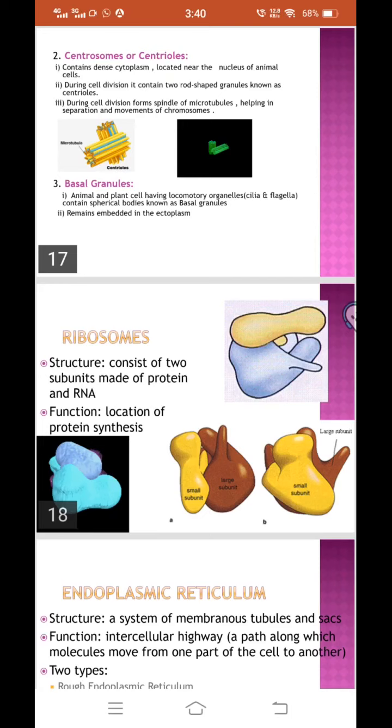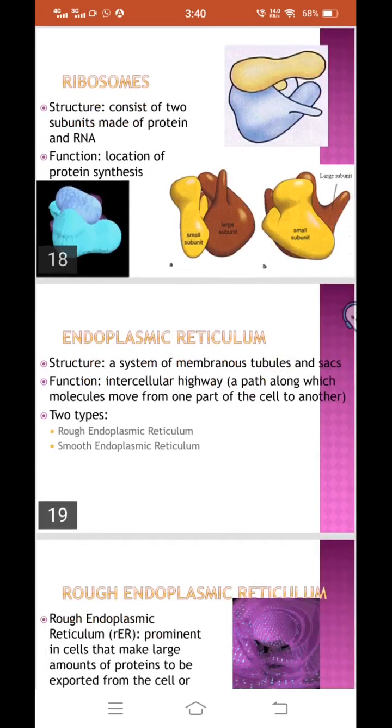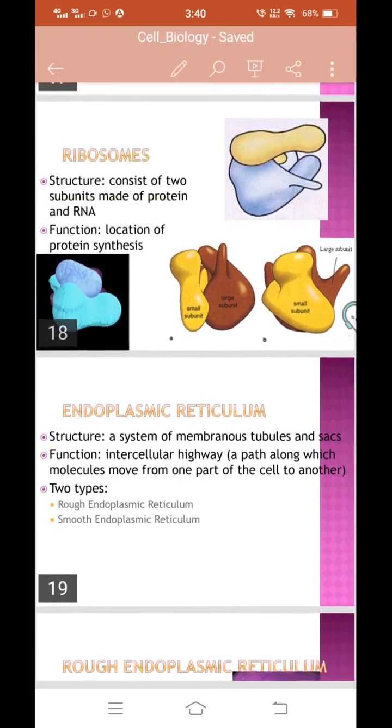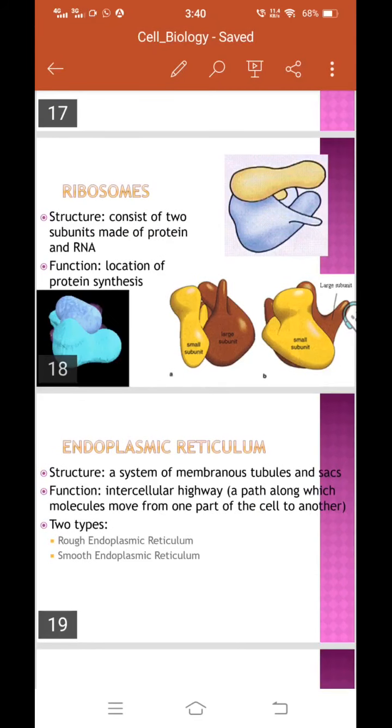Now the chemical composition of the ribosomes, that is the ribosome generally consists of ribosomal RNA. It contains the protein, it contains the lipid and certain metallic ions. ठीक है, तो हमारे पास ribosomes में lipid present होता है, RNA present होता है, protein present होता है. So the main function of ribosomes, that is it is used for protein synthesis. Okay, जैसे अभी मैंने आप लोगों को बताया था,